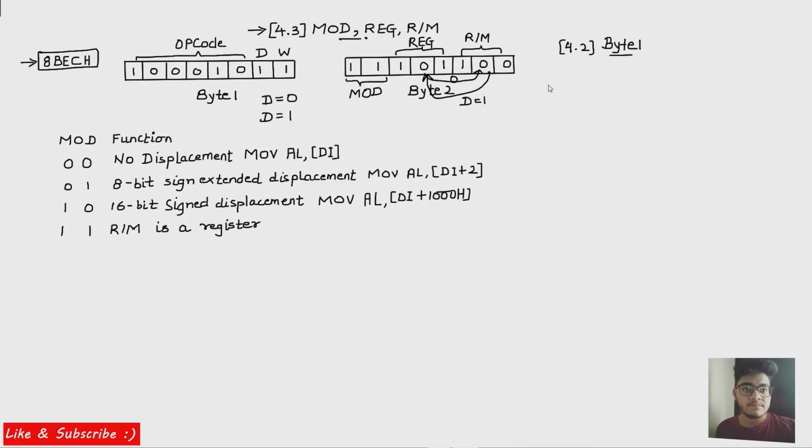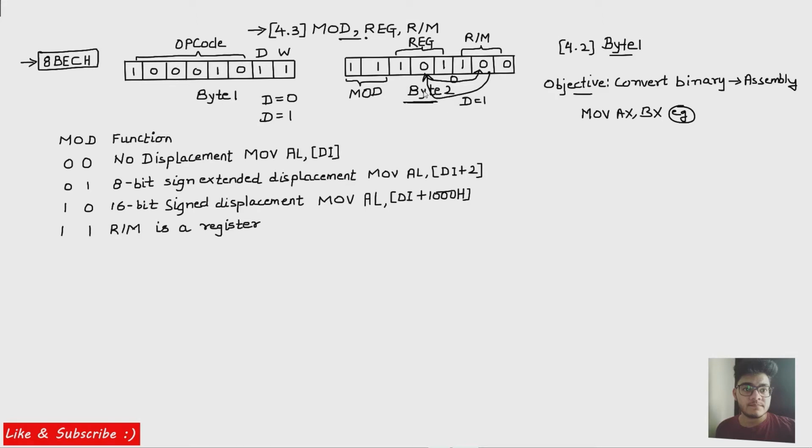So this is how we discussed byte 1. Now remember the objective of this whole thing, right? Our objective is basically to convert the 16-bit binary form to assembly. We have to convert it into the assembly format, and we already know that assembly format is something like this: mov ax, bx, right? This is just an example. We will have to convert this whole binary form into assembly form. Now coming to byte 2, which is our topic.